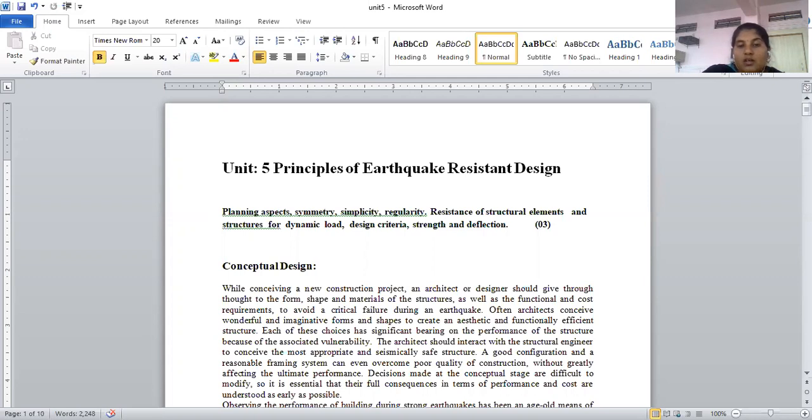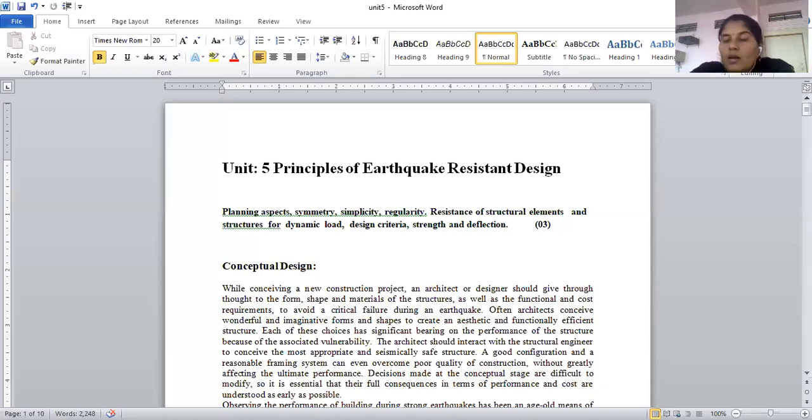The basic factor contributing to the proper seismic behavior of a building is a rational conceptual design of the structural system: simplicity and symmetry of the building, and conduction and transfer of lateral load to the ground without excessive rotation. Okay, so we'll see here the conceptual design. So what is this conceptual design?